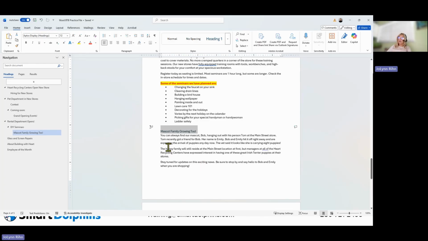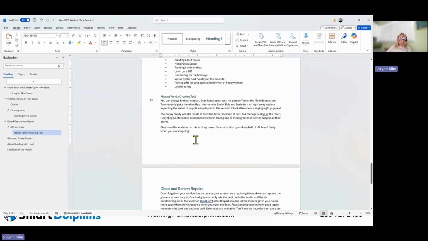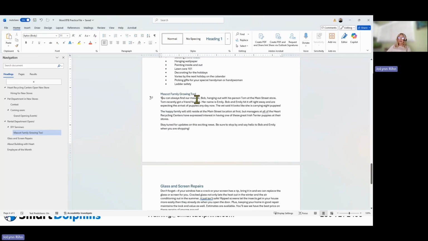When you look at this paragraph, you can always find our mascot, and then the next paragraph is the happy family will still reside, and then the next one is stay tuned for updates. There are no extra hard returns there. There is paragraph spacing instead. If I select any of these paragraphs, you can see there's this gray shaded area at the end of the paragraph, or this one,